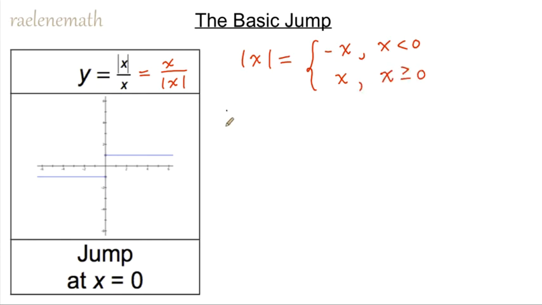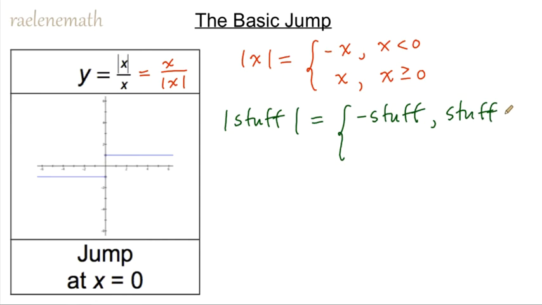We can generalize this for any stuff inside the absolute value and say that the absolute value will either change the sign of stuff, by multiplying by -1 if stuff is negative, or the absolute value can be removed and do absolutely nothing to the stuff in the case that the stuff is non-negative. So if we take the absolute value of x and then we divide by x, we can see that our function